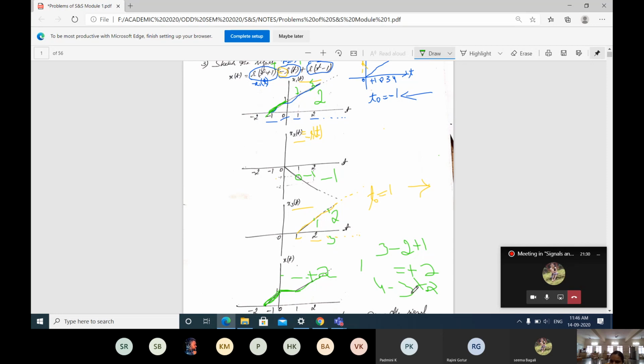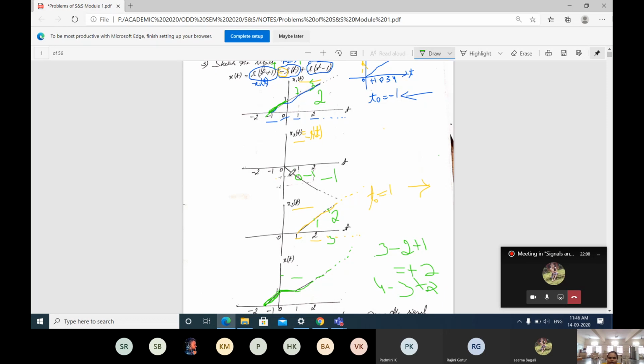For that reason, 4 minus 3 plus 2 means 4 plus 2 is 6, minus 3 means 3. Again, instead of 2, you will be getting 3. Like that, 2, 3, 4, 5, it goes on increasing. For that reason, it is shown as going on increasing and given as dotted lines. This is how a basic operation, that is the addition operation, is done for the ramp signal.